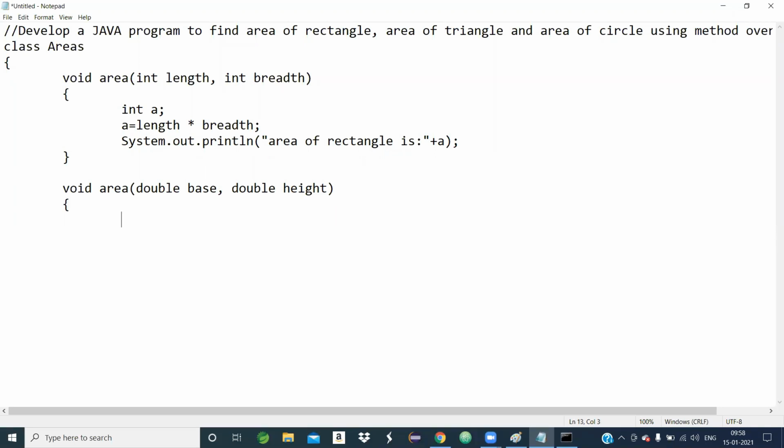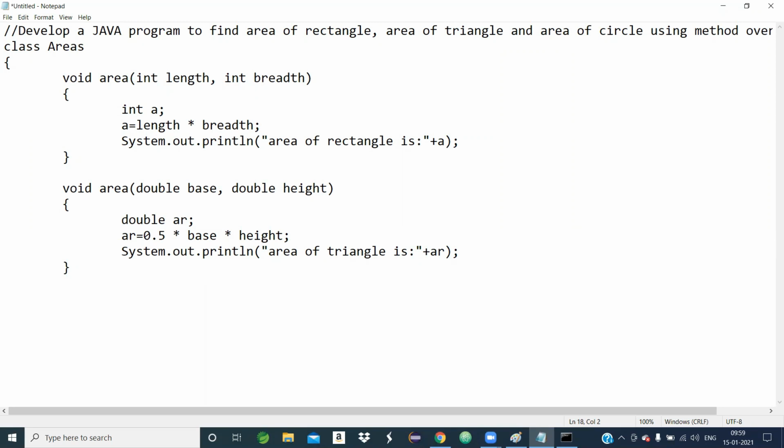Let one output variable, AR equals 0.5 into base into height. Now I will write one output statement: System.out.println area of triangle is the value of AR.